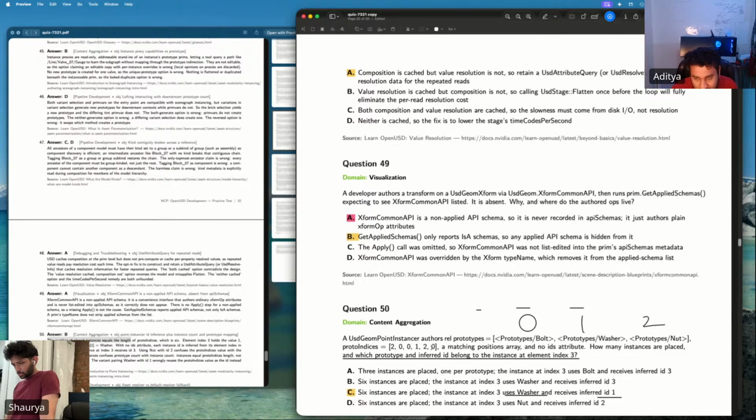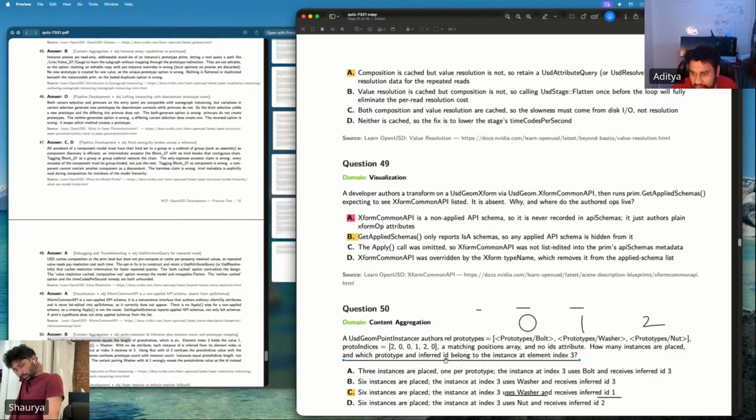Proto indices 2, 0, 0, 1, 2, 0, a matching position array, and no IDs attribute. How many instances are placed, and which prototype and inferred ID belong to the instance at element index 3?